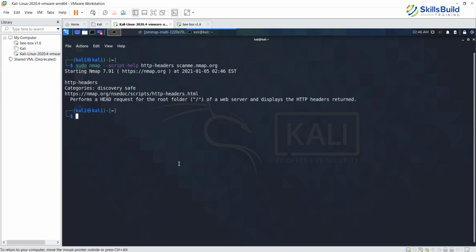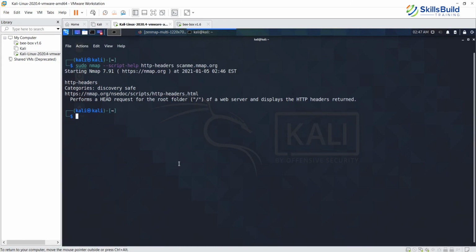What kind of script is it? It says it is discovery, safe. We talked about the category safe. The safe category has scripts which are verified, and they do not cause any harm to the server. Even if you run them on a production server, they will not cause any harm. That is what the safe category is, and http-headers falls into that category.